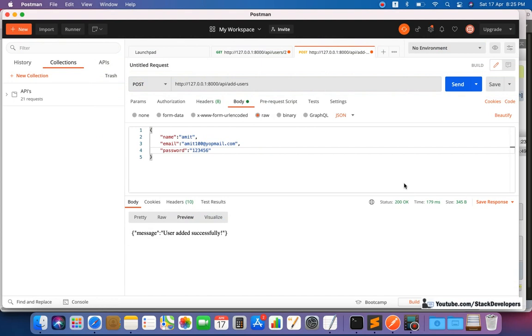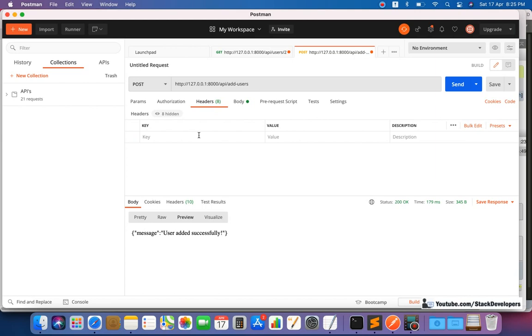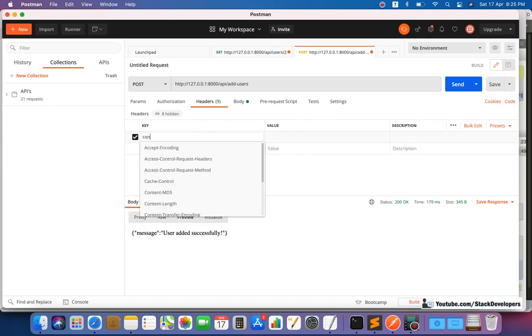So you can post the data like this also, and there are two ways, form data as well as JSON data. Sometimes the third party tells you to use the headers also. These headers we will do later on, but I will just give you an overview.